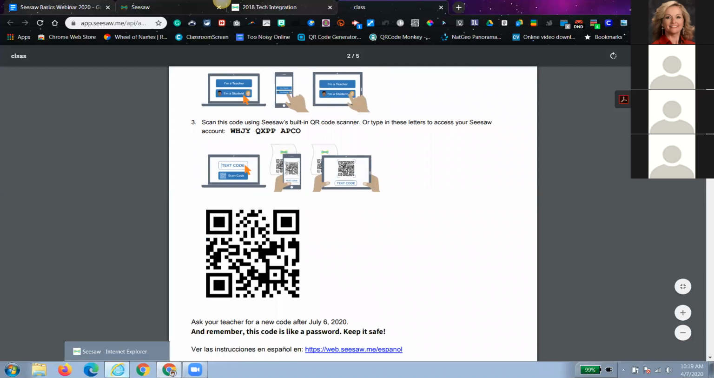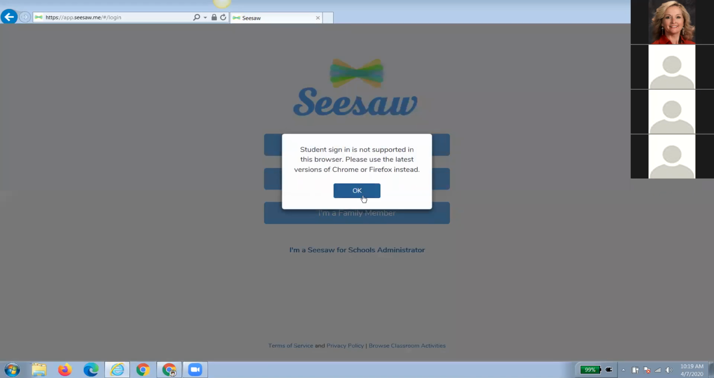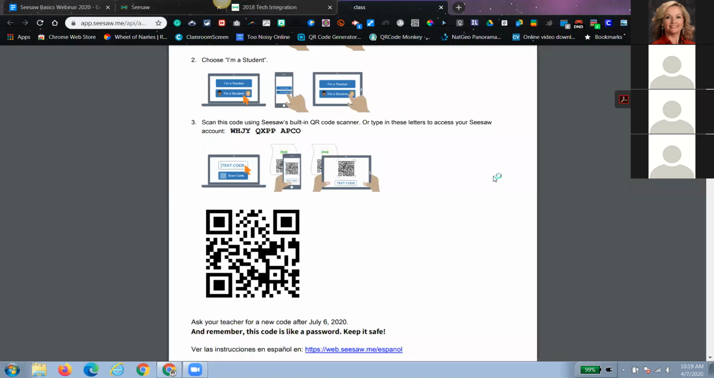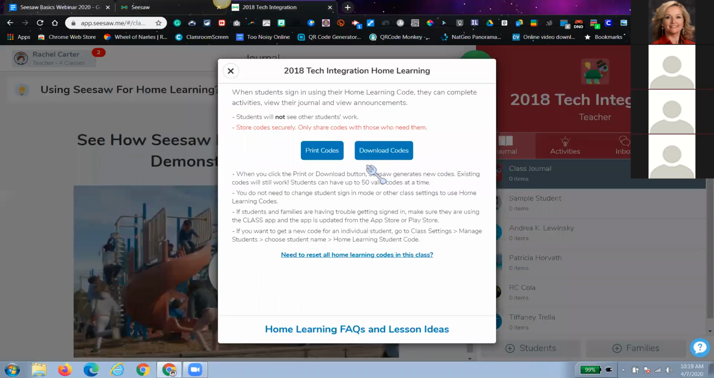So in my Explorer, I'm logged in to that site. If I click, I'm a student. Oh, fantastic. It's not supported in Explorer, so never mind. You would just enter that code, and then you would be in her work. If they need a new code, you can always give them a new code. Otherwise,